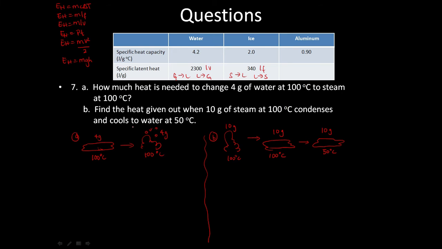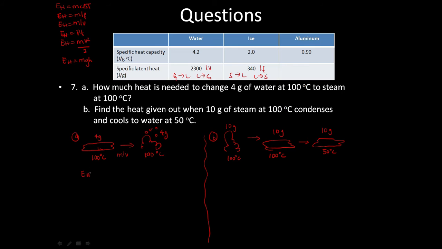So A is a bit simpler than B. It's less calculation. So we know there is no temperature change, so we're not going to use MCΔT. However, we're going from a liquid to a gas, and we finally reach this section, liquid to a gas. So we're going to use MLV, okay, liquid to a gas, and therefore you're going to have EH,